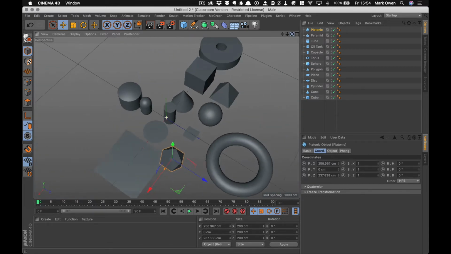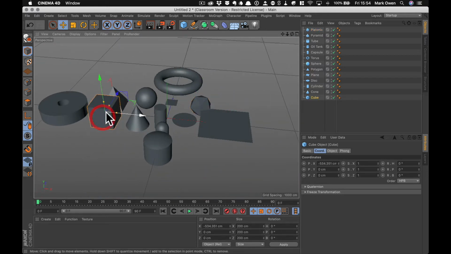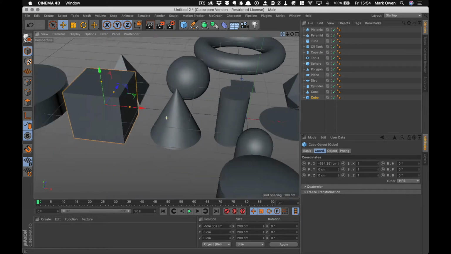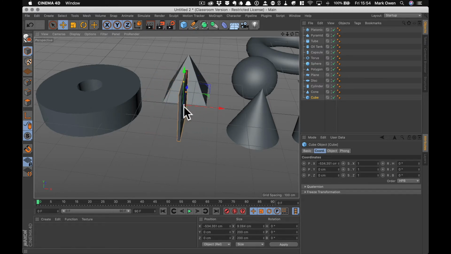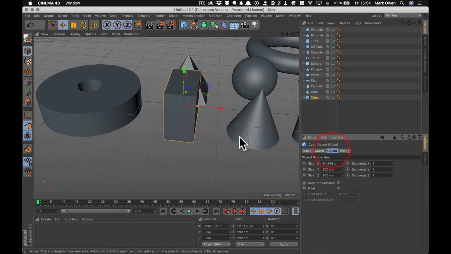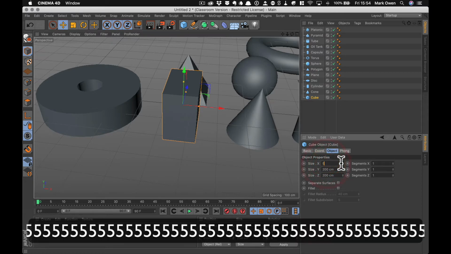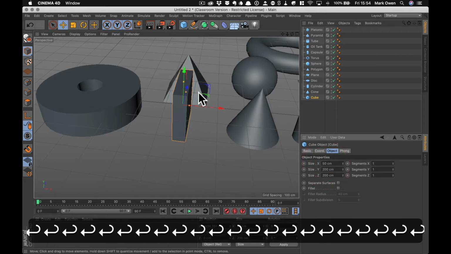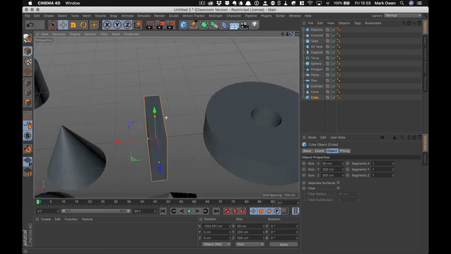So here's a little arrangement of primitives, and we'll just go through a few of them. So firstly, the cube. The cube has got some options, and if you look at the little orange dots, they allow you to drag and shape things. So with this you could make tables, legs, buildings. You've also got options to add radiuses to the corners with the fillet button. You can also type in values here. Next one along is